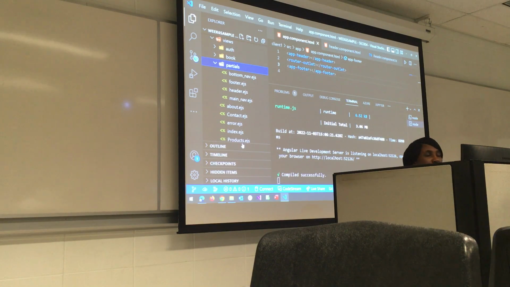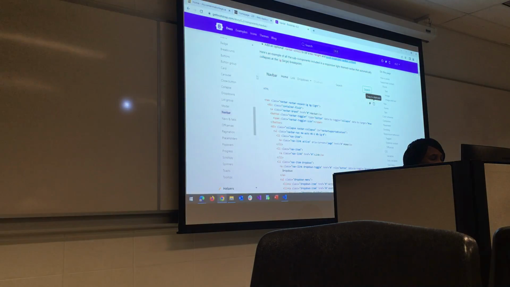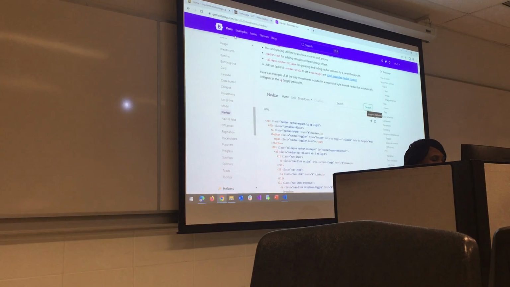Just go to your Bootstrap. Once you go to the Bootstrap, go to the documentation. Then at the side, locate components. Under components, we have navbar. Then the first navbar element you have there, you copy that.